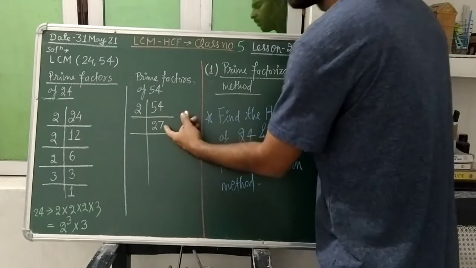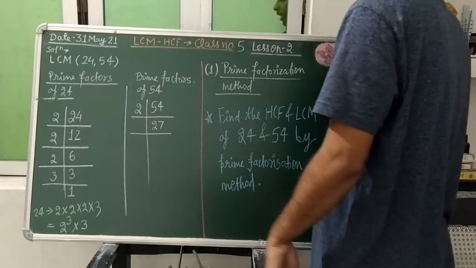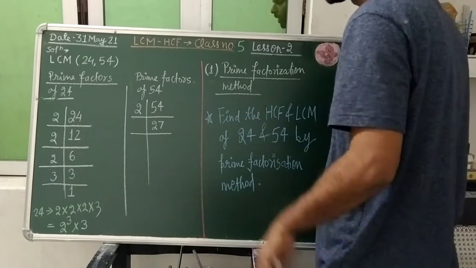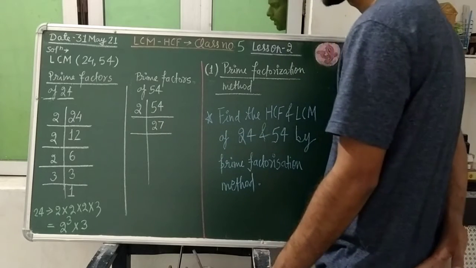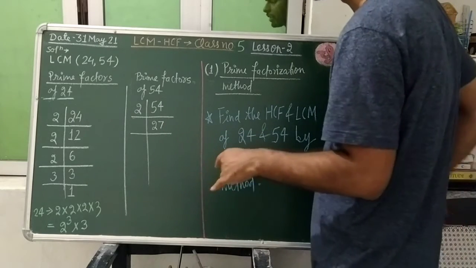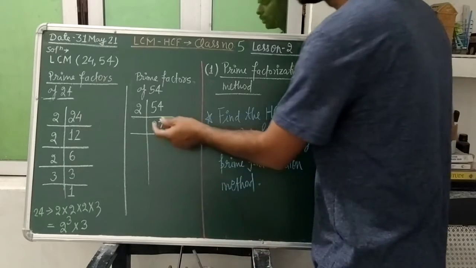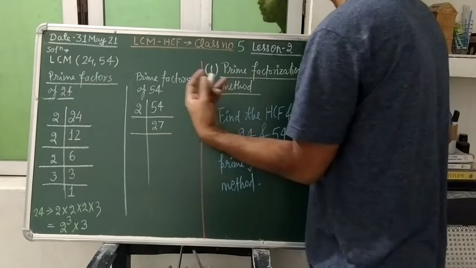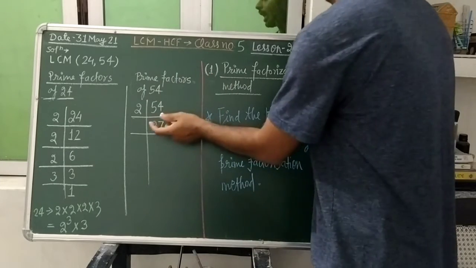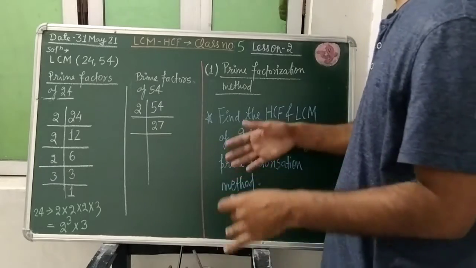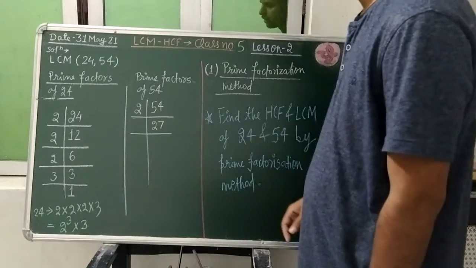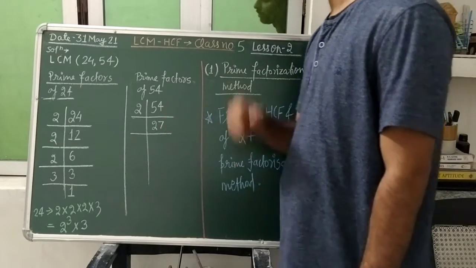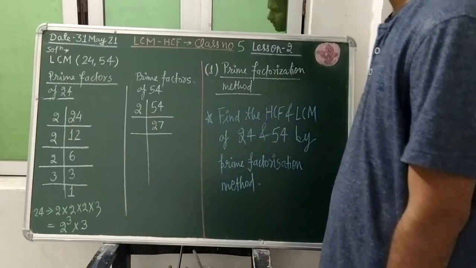We check that we are getting 27 now, and 1 we will ignore when we are finding the prime factors. So whether 2 is going to divide this 27, students. For divisibility by 2, we shall select the unit place. If at the unit place an even number is present, then 2 will divide that. But if at the unit place an even number is not present, then 2 is not going to divide the given number. So you are looking, we are getting at the unit place an odd number. So 2 is not going to divide this.